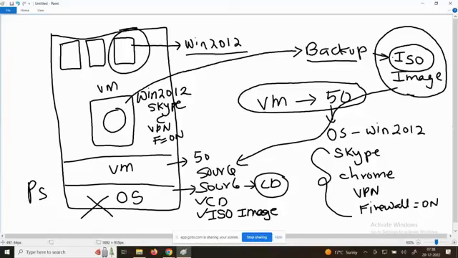The challenge is, these three softwares are how much size? 150 MB. What is the size of Windows Server 2012? 28 GB. So the total size is nearly 30 GB. If I move it, it takes more time.